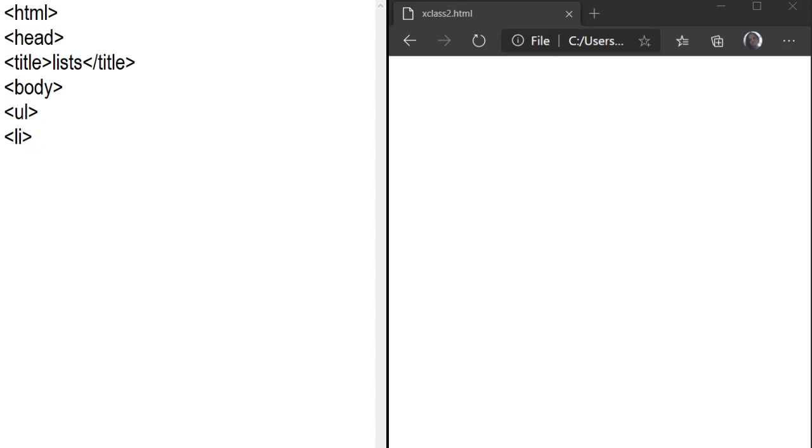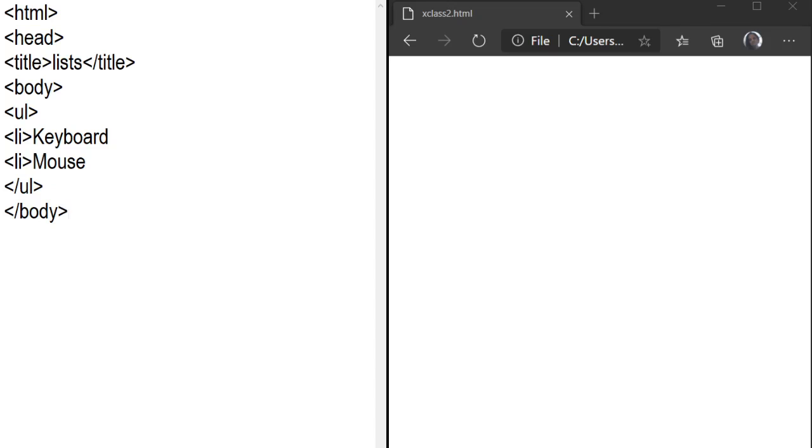After that, you write down the items here. For example, our first item is keyboard. The li tag is an empty as well as container tag, so no need to close this tag here, and after that you close the UL tag. So first write UL. After UL, you write list item number 1, keyboard, list item number 2, mouse. You can write any item here, and after that you close the UL tag here.